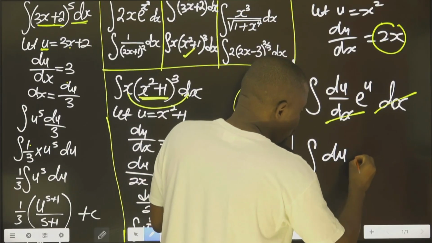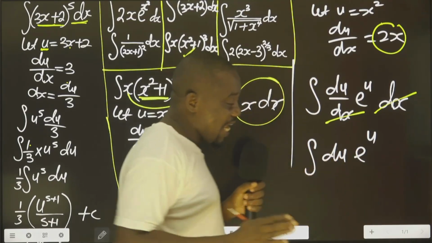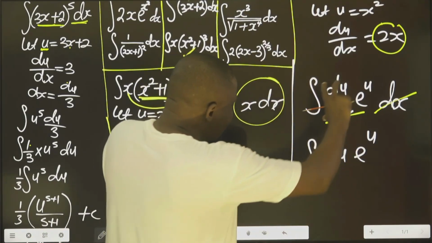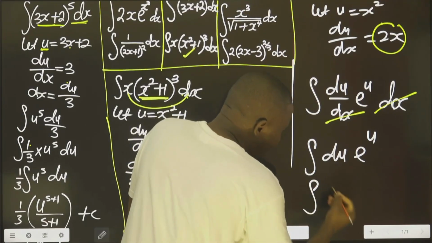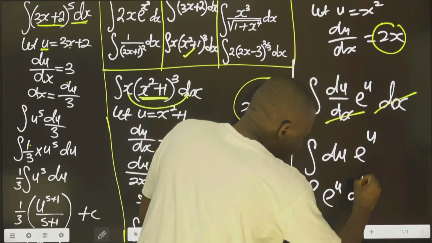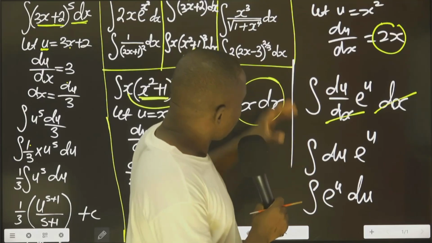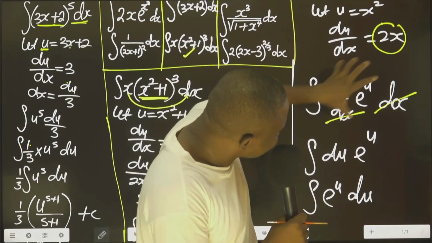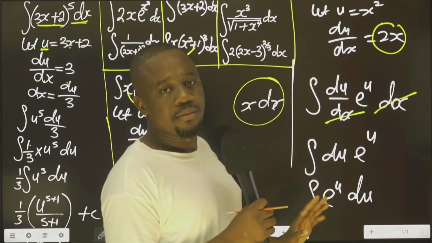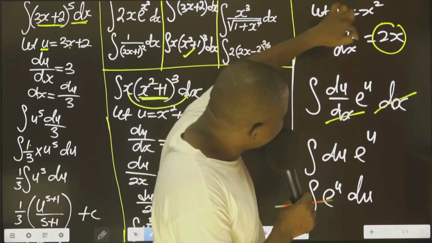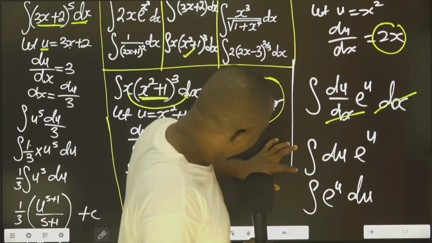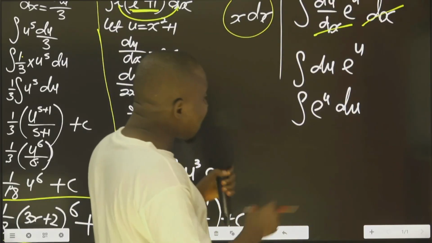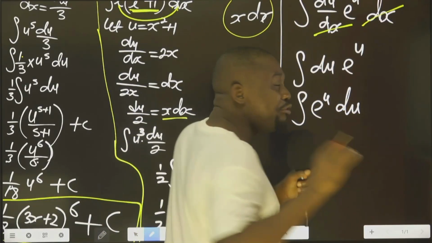I just want to do it professionally so that you will not be confused. That's why I'm putting this in the same position. But now we need to rearrange it the way it should be naturally. That is, this du. Ultimately, I should have put this here and put this inside. But just for you to see that this 2x is being replaced by du over dx. Okay? Now that we have done this, the next thing we need to do is to find the integration